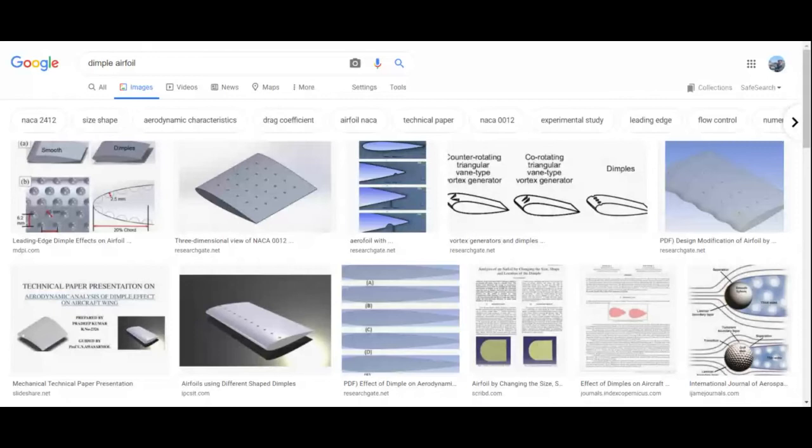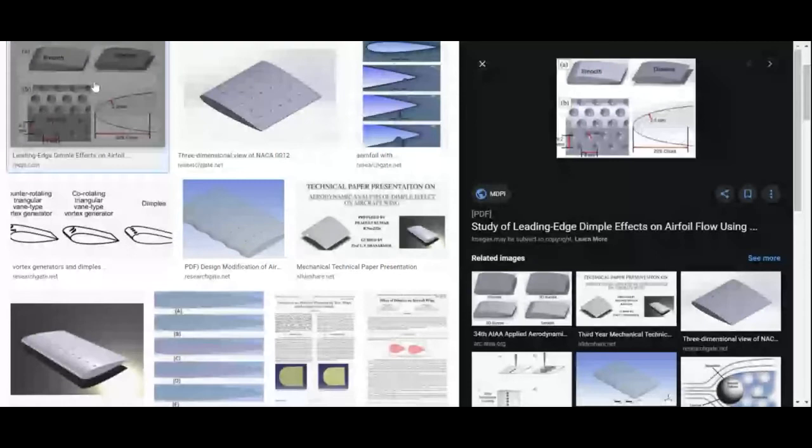Right. So here you can see the images I'm showing from Google. Previously the airfoil would be smooth. This type of dimples, especially in the upper layer, they will use in the upper surface rather than the bottom surface. So what will happen? The flow over the upper surface will enter into the dimple and recirculate. Recirculation will happen and the flow will get energized by itself and then it will move faster.